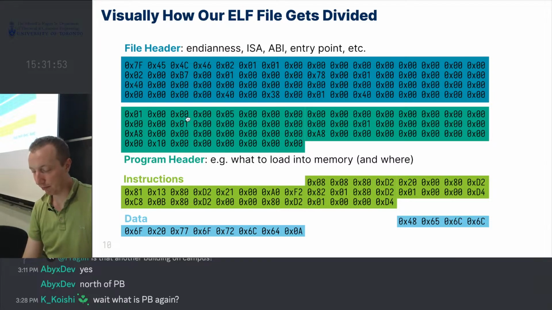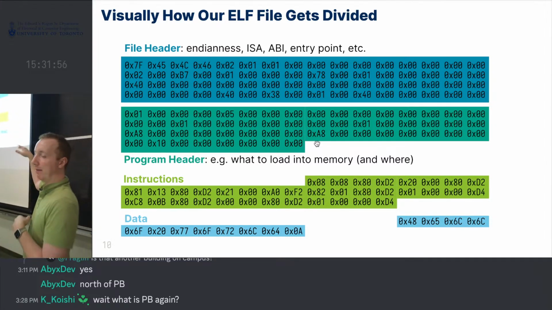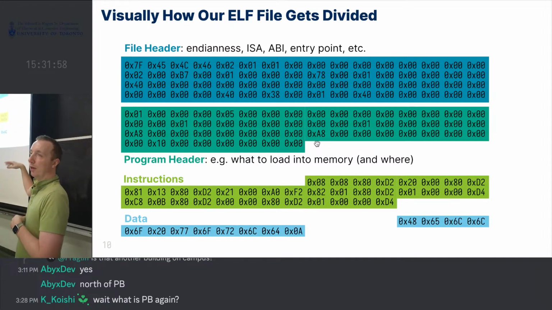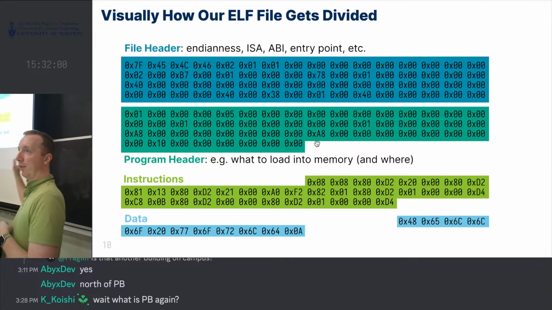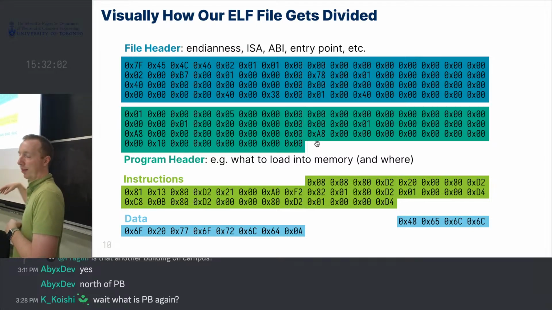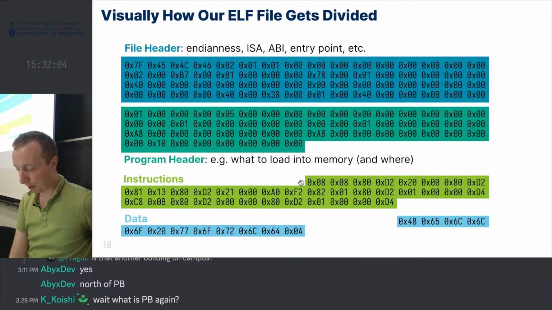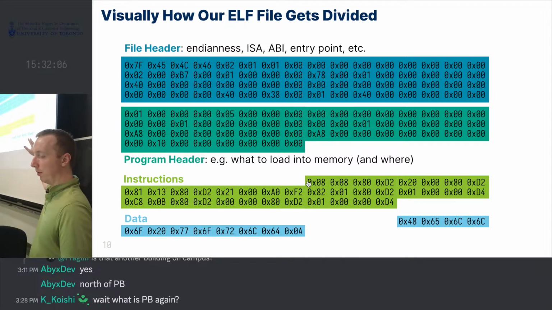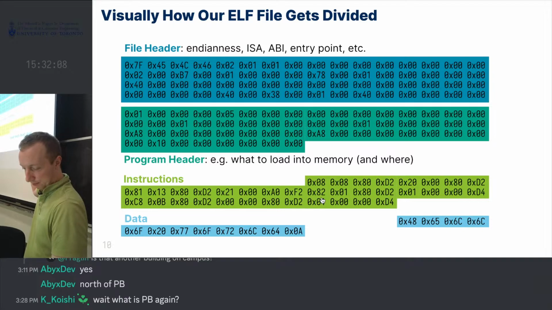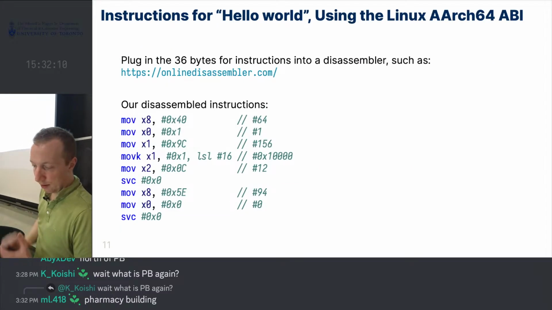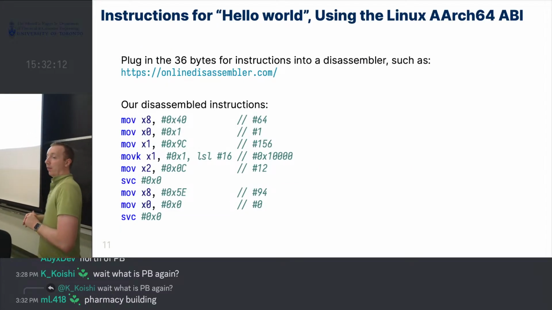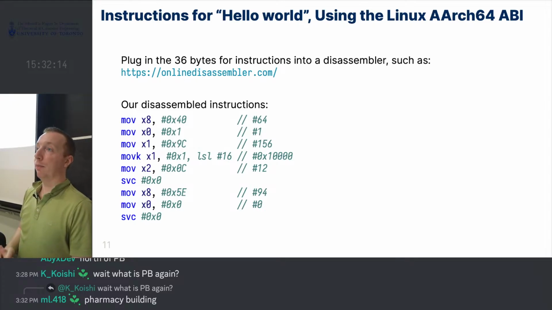Okay, so all the bytes in cyan basically tell what to load into memory and where. And this is where it just says load everything at address 10,000 hex, and it wastes a bunch of bytes for that. And then we have our instructions, and then our data. So those bytes that represent the machine code,